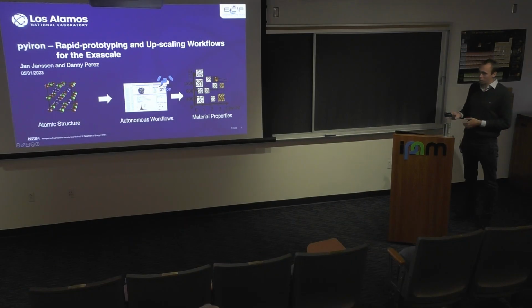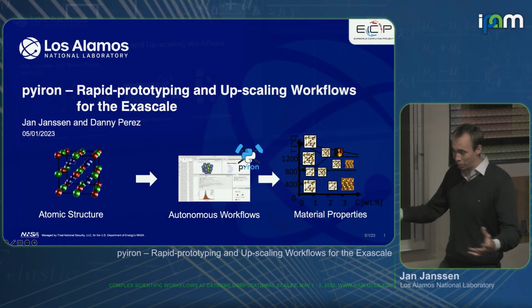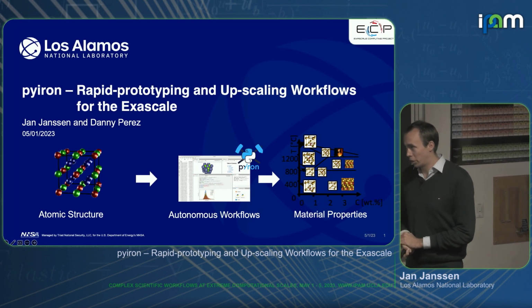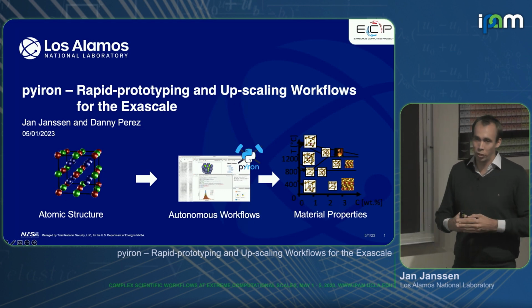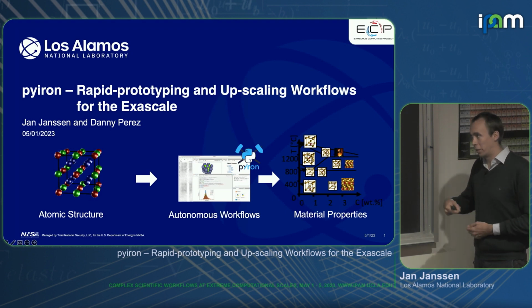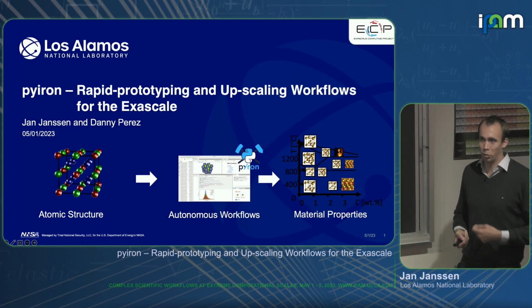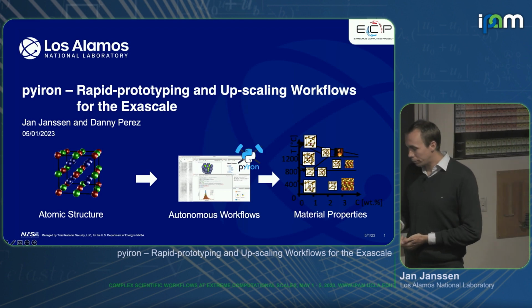And so in this context, what we try to do is really predicting material properties directly starting from atomistic structures, and ideally having autonomous workflows, right? So where we have no more need for human intervention during the workflow to really be able to iterate over the whole periodic table. And in this context, Pyiron is really the framework to, on the one hand, rapidly prototype these workflows, so really accelerate the development, and then finally upscale them to really run on the exascale without rewriting the whole workflow and doing everything again.